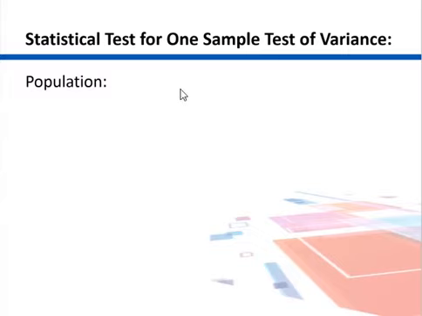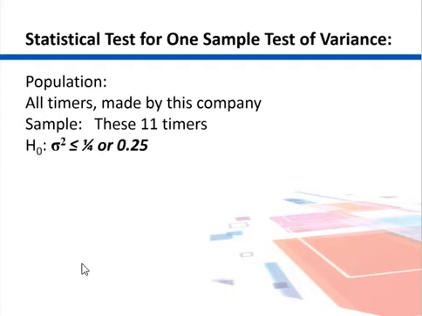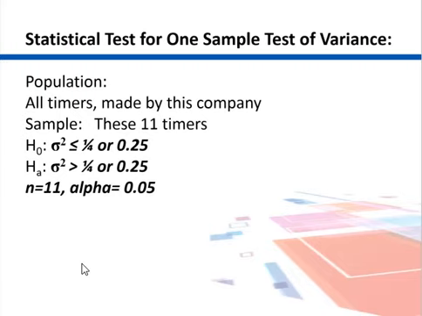The statistical test for one sample test is what we are doing. The population under consideration is all timers made by this particular company, and the sample is these 11 timers. H0 is sigma square less than or equal to 1 by 4, or 0.25 seconds, and Ha is sigma square greater than 1 by 4, or 0.25 seconds. This is one tail to the right. Here sample size is 11, alpha is 0.05, and chi-square critical we can get